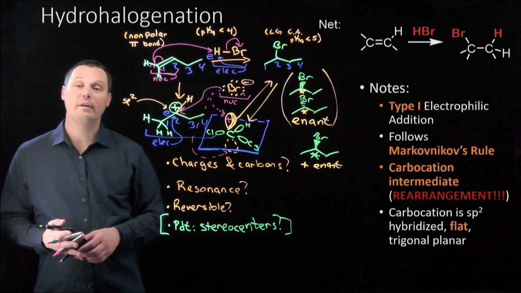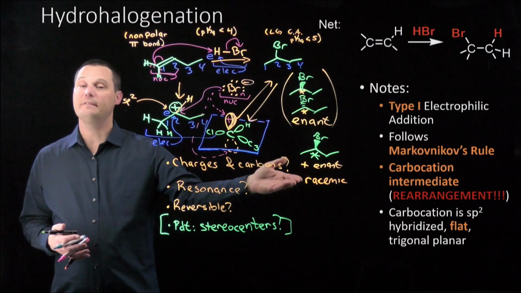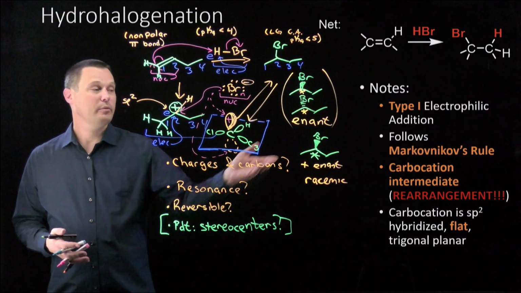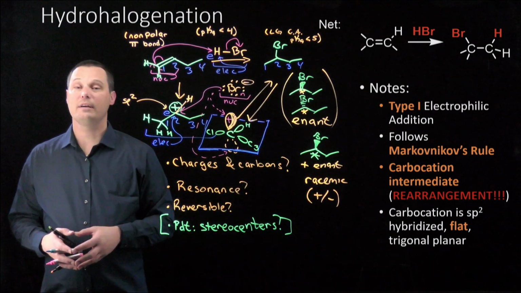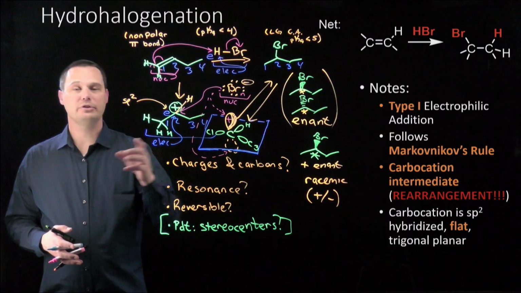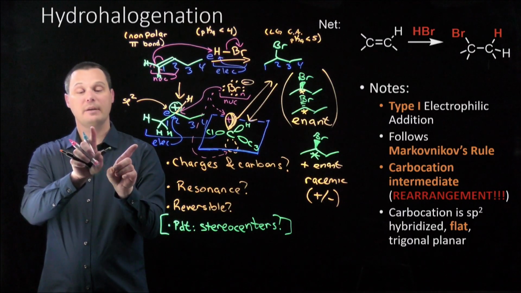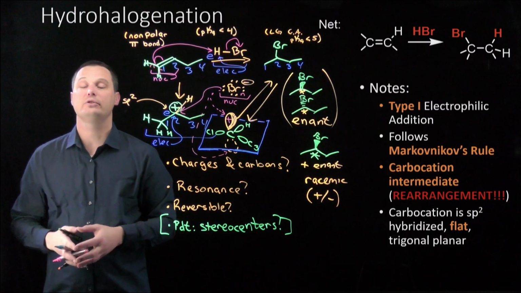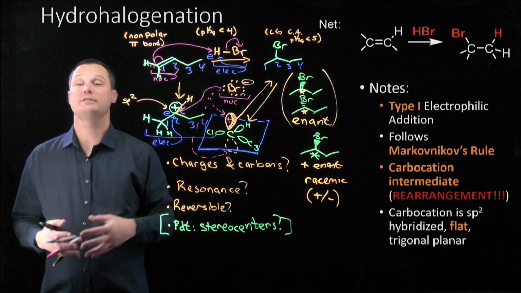You could also draw one version of the molecule and write the word racemic. Recall that the definition of racemic is a 50-50 mixture of enantiomers, and that's exactly what forms in this reaction. The third way would be to draw one version of the molecule and write plus minus. That's an alternative way of writing racemic. It refers to the optical rotation of chiral molecules. If one version of the molecule rotates plane polarized light in one direction, the enantiomer will rotate plane polarized light the same magnitude but in the opposite direction, the plus and the minus version of the molecule. But however you choose to do it, you need to let your instructor know that you know the stereochemical consequence